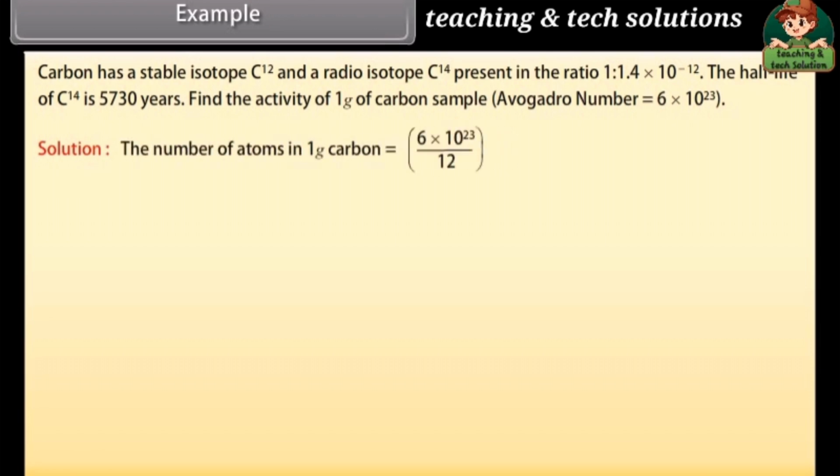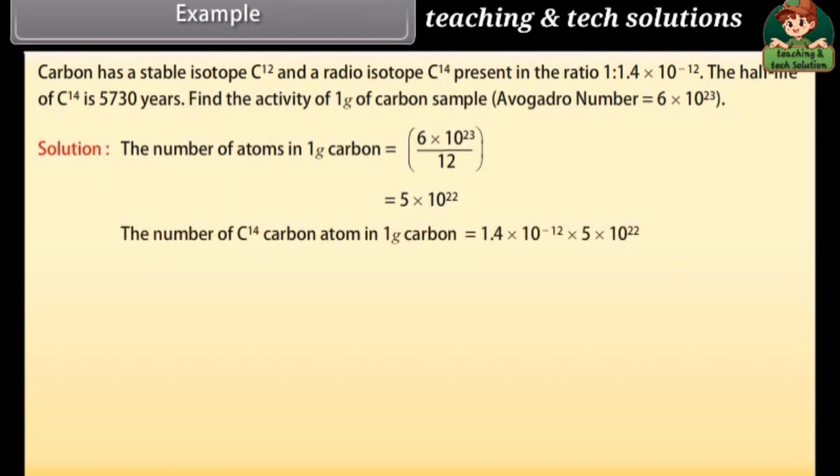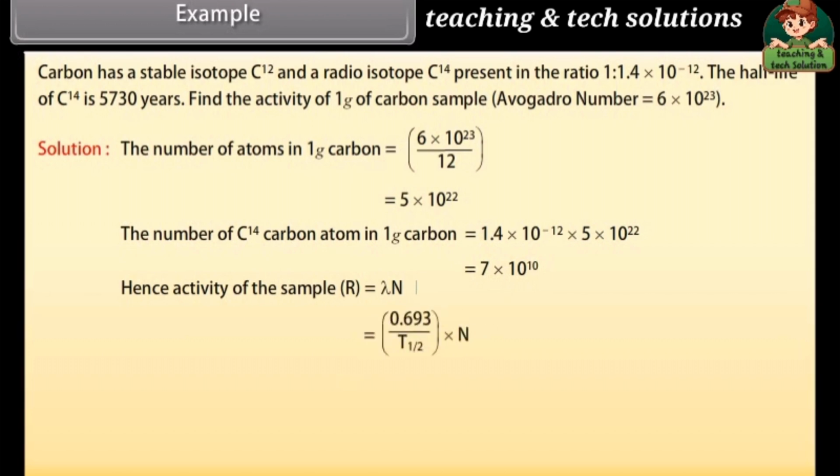Solution: the number of atoms in 1 gram of carbon is equal to 6 × 10^23 divided by 12, which is equal to 5 × 10^22. The number of carbon-14 atoms in 1 gram of carbon is equal to 1.4 × 10^-12 × 5 × 10^22, which is equal to 7 × 10^10. Hence, the activity of the sample R is equal to lambda N, which is equal to 0.693 by t-half